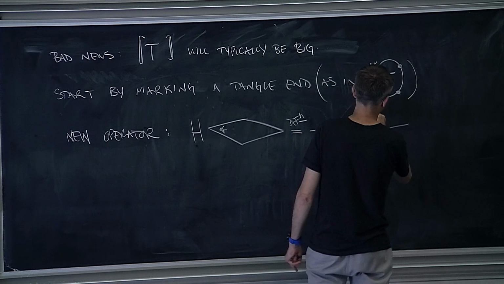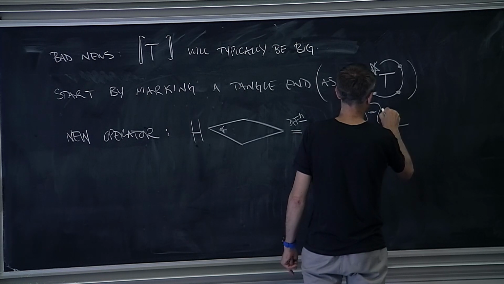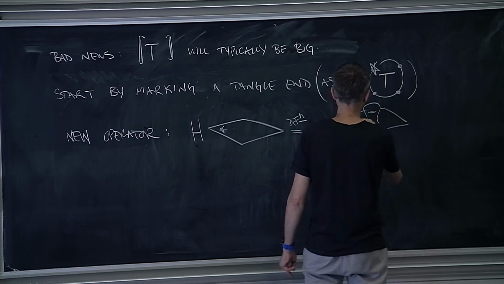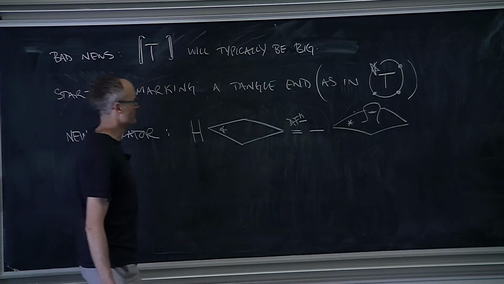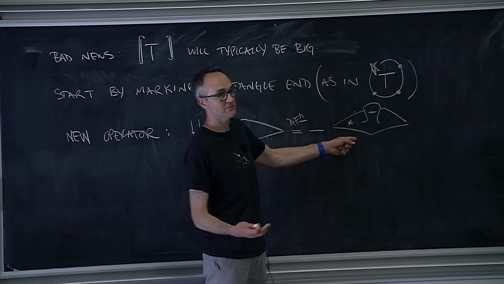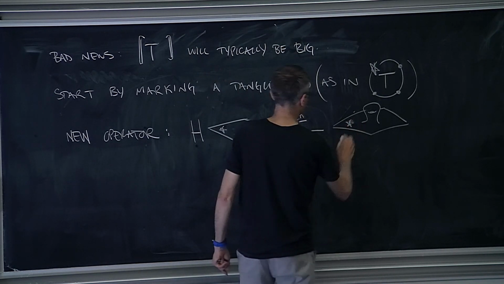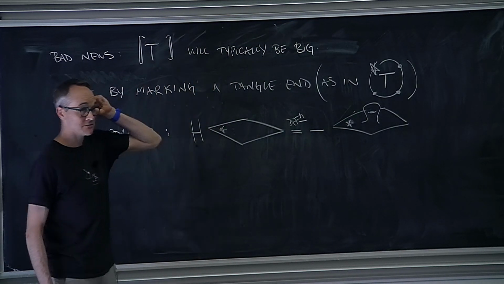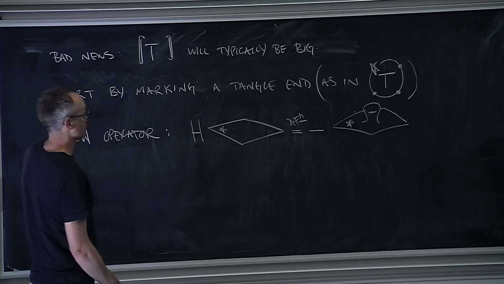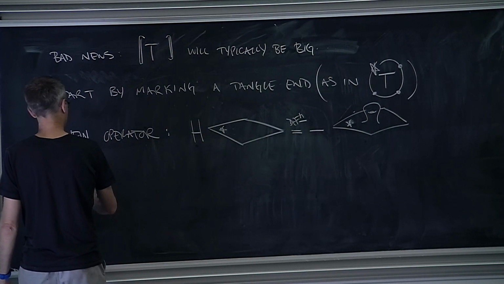So this finds the component that has the star on it. It attaches a handle. These are both valid cobordisms, some handle that's sitting on the star component. I shouldn't have changed the star. Having a minus sign in front of it is valid, so that's what H does. Okay. And I also want to add